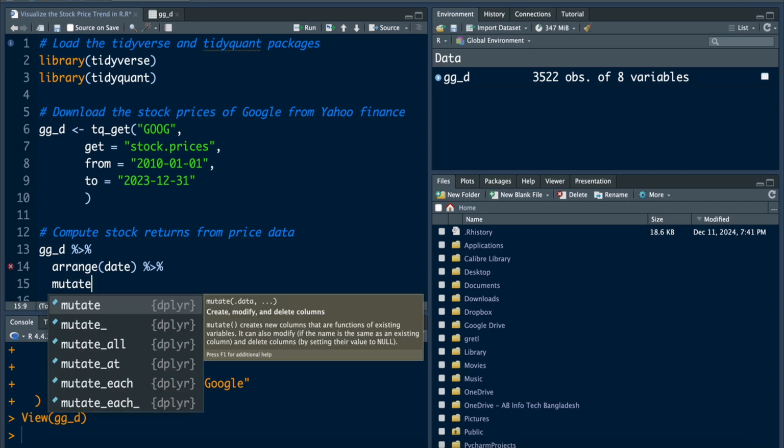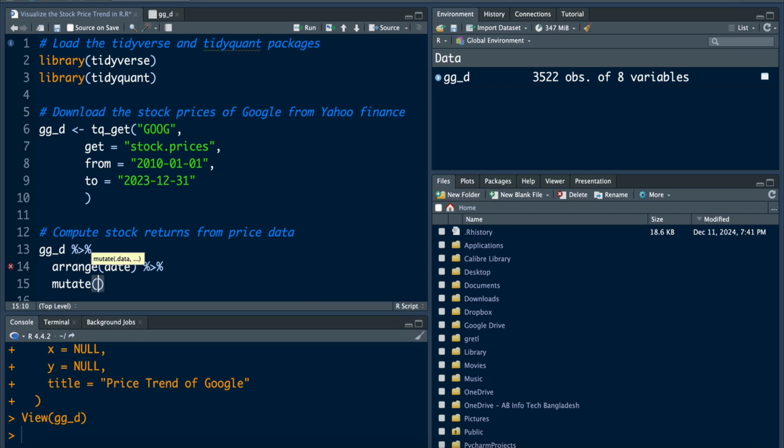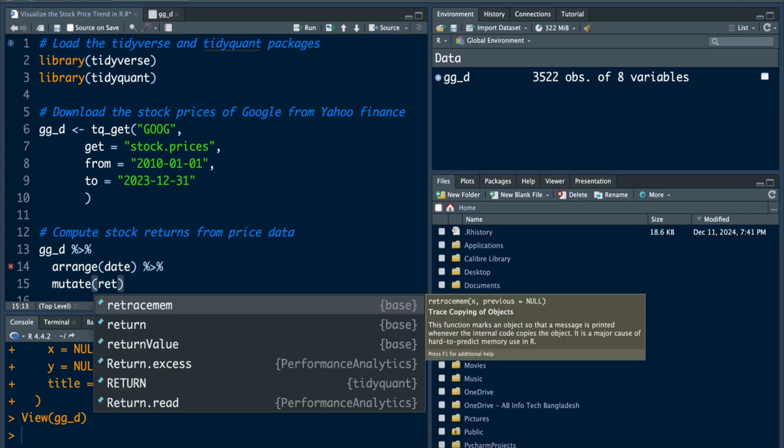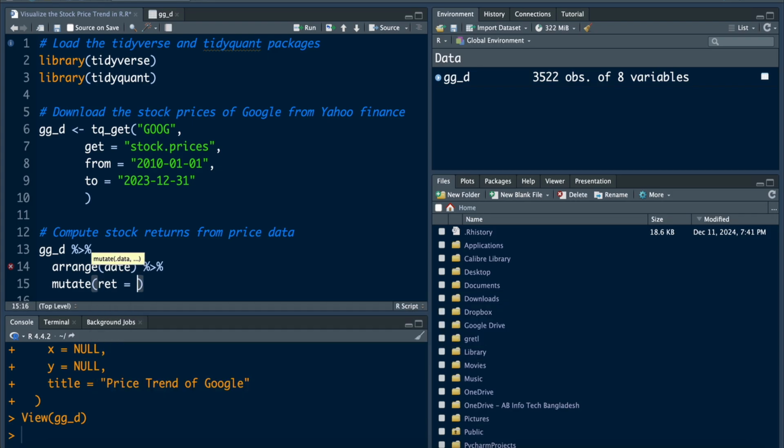Mutate is a dplyr function. Mutate will actually create a new variable. So our variable is the return. Let us call the new variable ret, R-E-T, for return. The return will be equal to